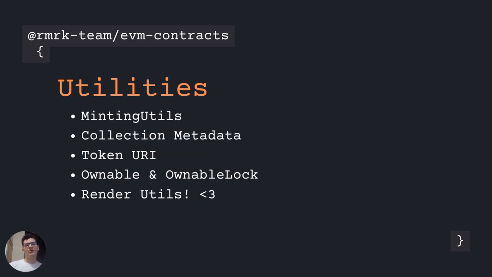There are some utilities you can use for your custom collections. We use most of them on the ready-to-use versions, but it's up to you to cherry-pick what you want to use. We make it as easy as possible. My favorite one is the render utils. This is a standalone set of getters which work on any collection deployed on the same network. Think of them as database views. We provide here several methods so you can read a lot of information at once without having to do several calls. This makes the lives of the front-end devs much easier.